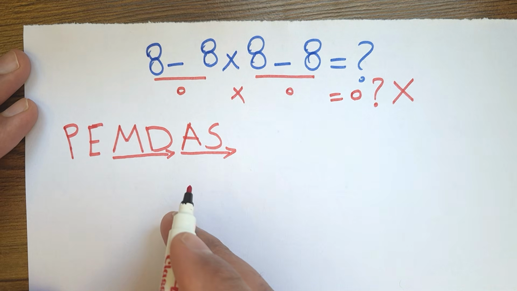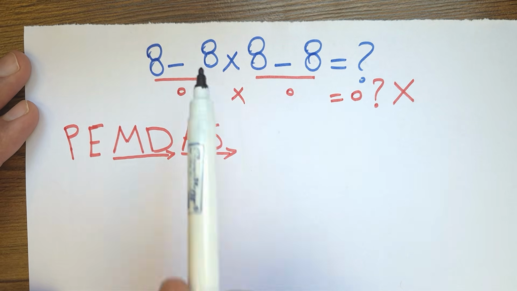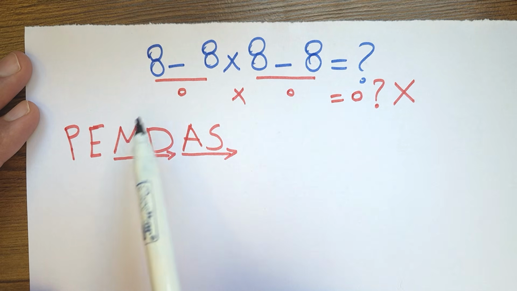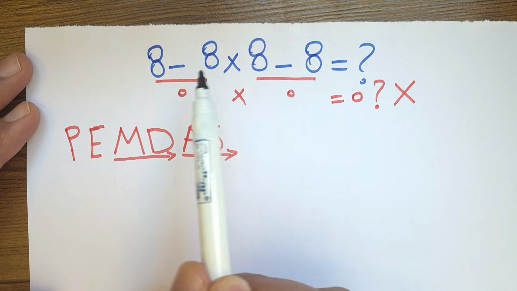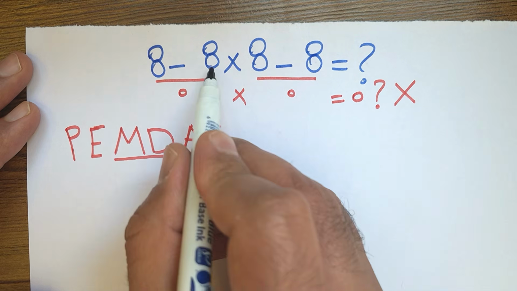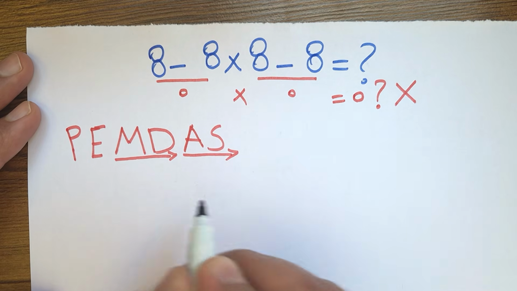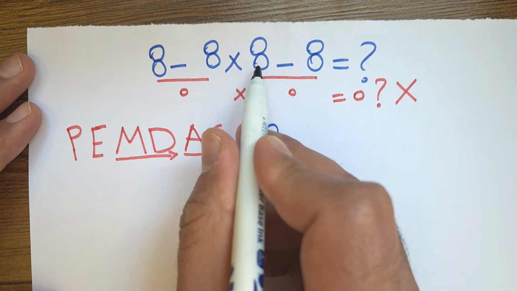This is called PEMDAS. So according to PEMDAS, we need to do the multiplication here first, because multiplication has a higher priority than subtraction in our example. So we need to do 8 times 8 at first. So 8 times 8 is 64, right? We need to rewrite it as this. 8 minus 8 times 8 is